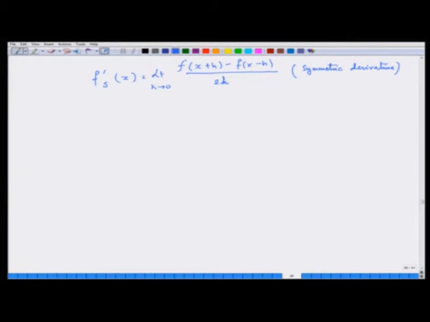Now, the funny part is that this derivative can exist even when the derivative itself does not exist. For example, let us now consider f of x is equal to mod of x, and let us try to calculate its symmetric derivative. So, it is limit h tends to 0, that is 0 plus mod h minus 0 minus mod h, by h. So, we can have two parts, right.